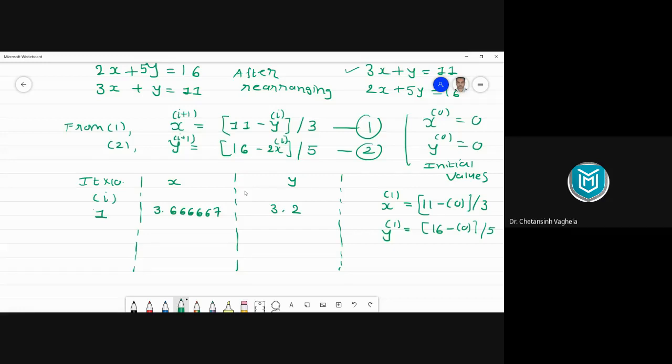Now this is my first approximation for the solution. ये solution का पहला approximation है. Right? It is not the exact solution. It is approximate value of your solution. Now let's make it more better from the second iteration. So second iteration में क्या करना है? For second iteration I need to take I equal to 1.